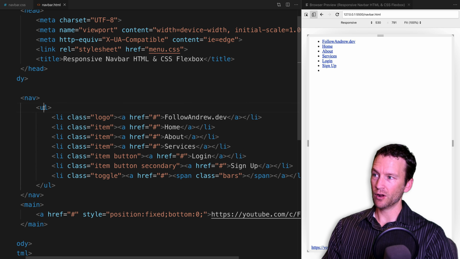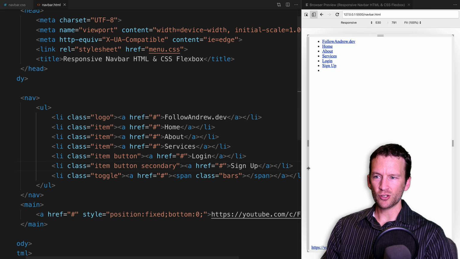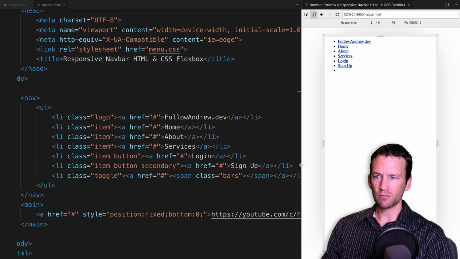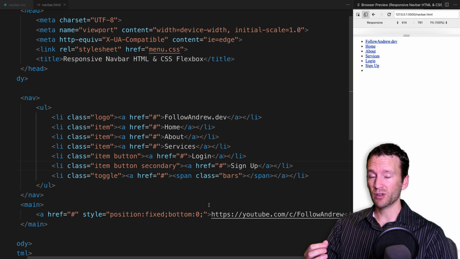As well. Okay, so we have our unordered list. Then we've got all of our list items inside of there. So that pretty much does it. I'll just squeeze this over so you can see the HTML. Right there. And most of the work now is going to be done in our CSS as we build this nav bar